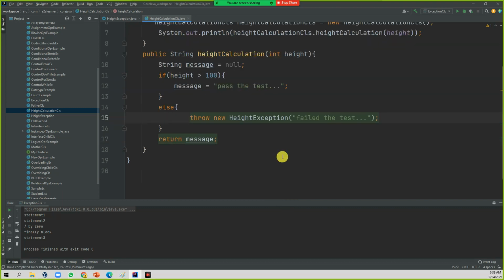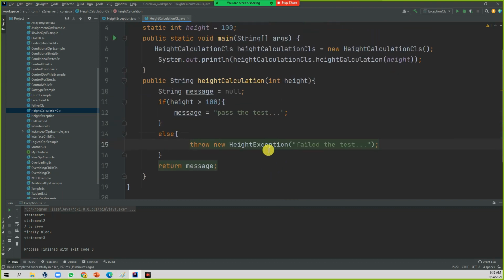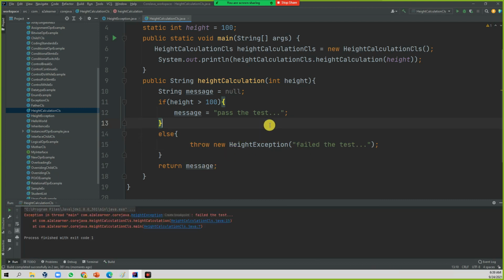So this throw, when you run it, is with your customized, your own custom exception. Now if you run it, it should give this message. I'm going to run it. Let's see the output. See here, this is giving the output as the height exception, and your message is failed the test.